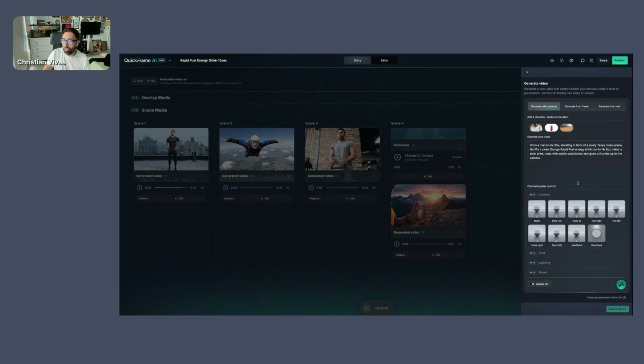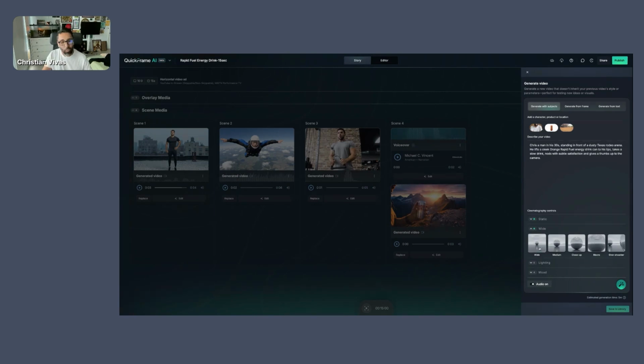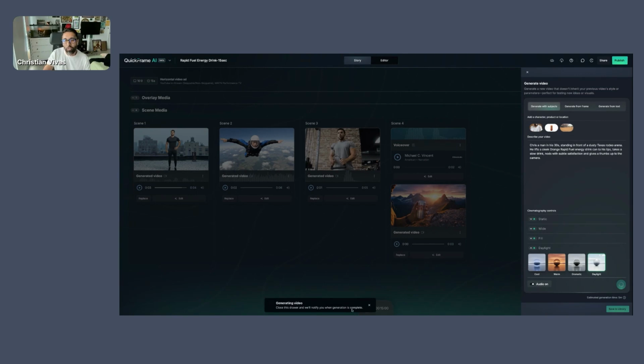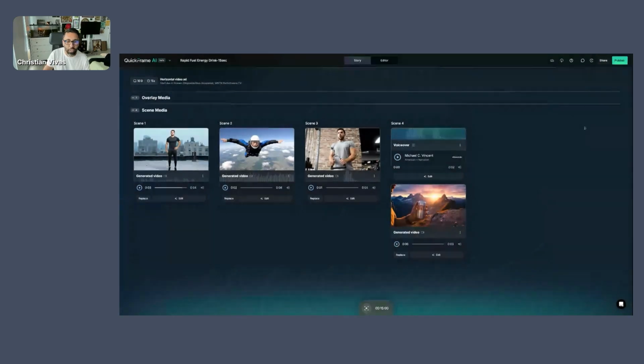Let's look at our camera. I actually want it to be a very static movement of the camera. We also want it to be a wide shot. I want to see a little bit of that rodeo, and I want to see myself in it. So let's go ahead and do that. For lighting, we're going to go with a fill light. And for mood, we're going to go with it is daylight. I'm going to leave my audio selection on, and I'm just going to go ahead and click generate. This is actually going to put our video into our generate queue. So at any point, we can just leave this container, and we will receive a notification when our video is done. So meanwhile, that video gets done, I want to also point out a couple of things here.